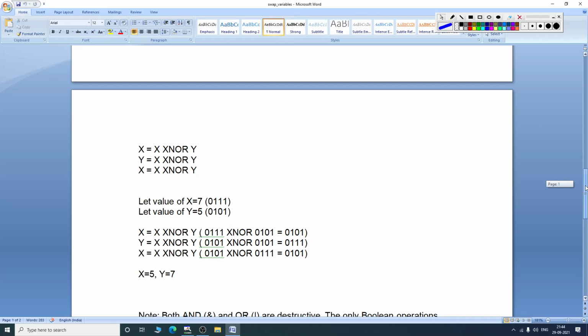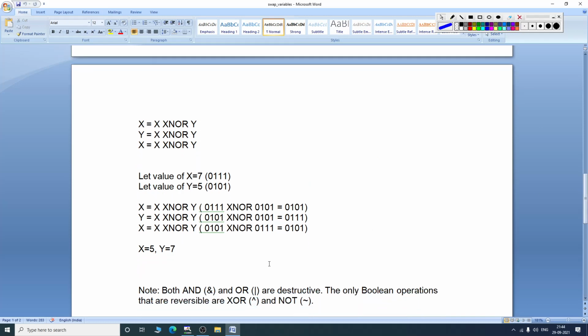Now the answer to this is both bitwise AND and bitwise OR: they are destructive. What do I mean by destructive? I mean that when I use bitwise AND and bitwise OR, the results are not preserved.